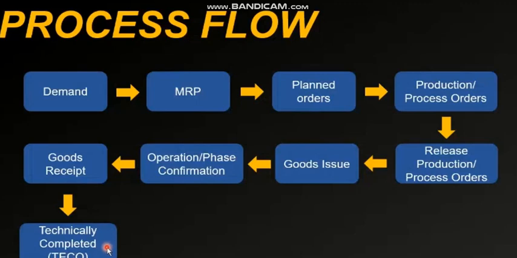By marking the status as TECO in the production order, it will also indicate to the costing department that the activities have been completed and now the production order can be taken into the settlement process. There the costing team will basically perform the WIP calculations, they will do the result analysis, and then they will settle the production order to capture the actual cost incurred during the manufacturing process. So let's get into